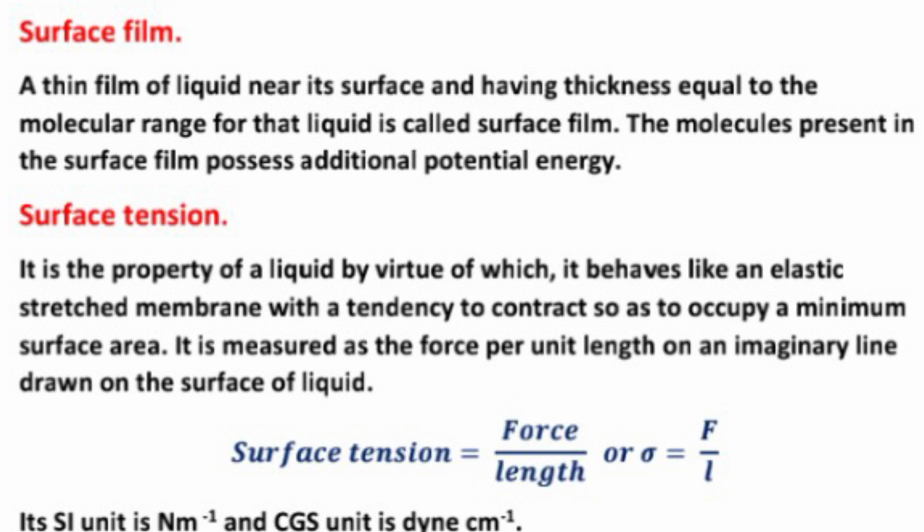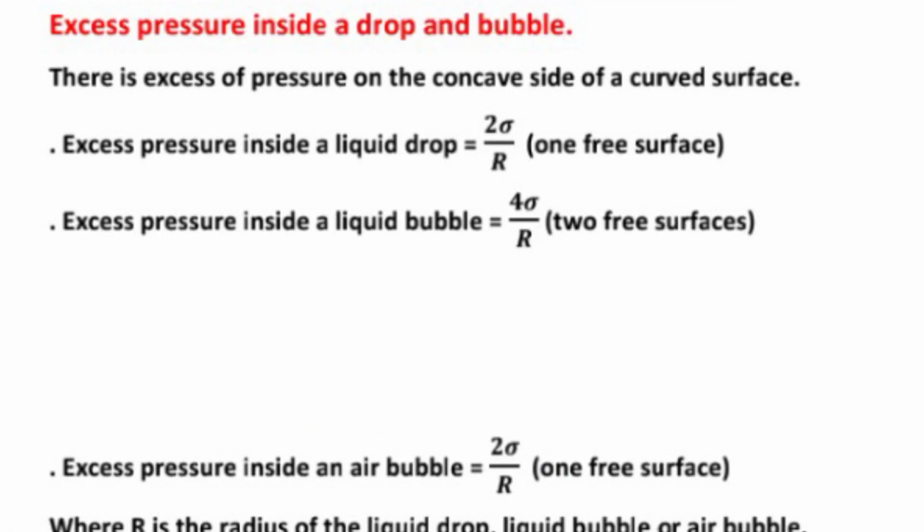Excess pressure inside a drop and bubble. There is excess pressure on the concave side of a curved surface. Excess pressure inside a liquid drop is 2 sigma upon r, one free surface, and excess pressure inside a liquid bubble is 4 sigma upon r, two free surfaces. Excess pressure inside an air bubble 2 sigma